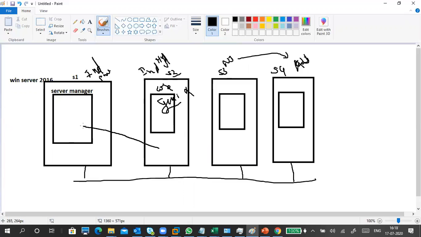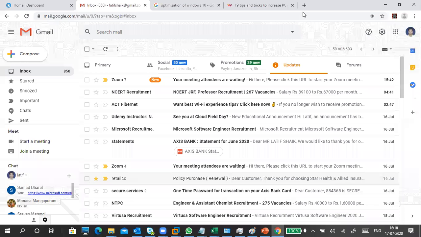Still, you can connect this server to my server manager. From here, I can connect it to server 2. From server 2, I will connect to this one, and I will manage this server from here only. So that is the main advantage of using server manager. But recently, Microsoft launched one tool that is called